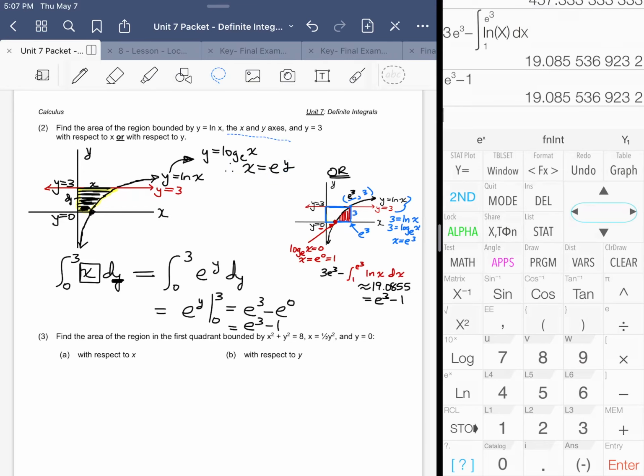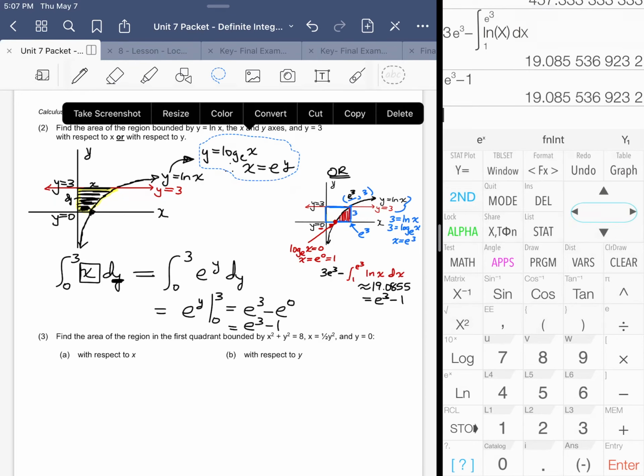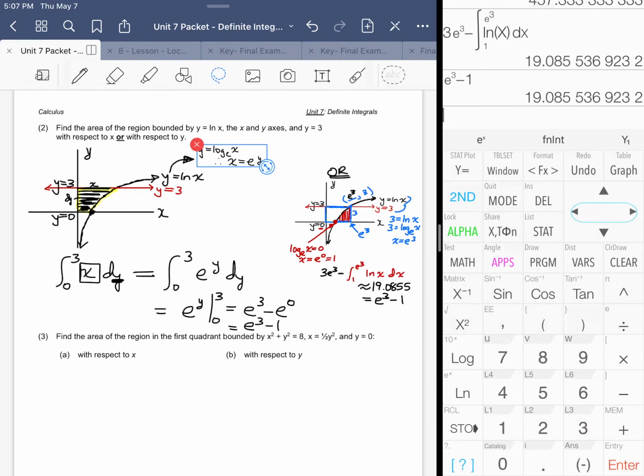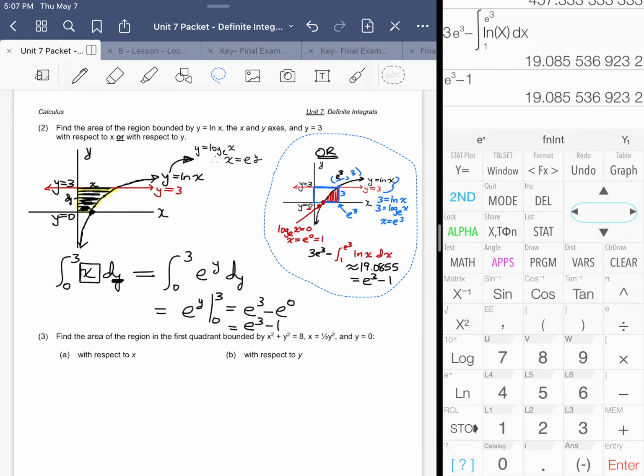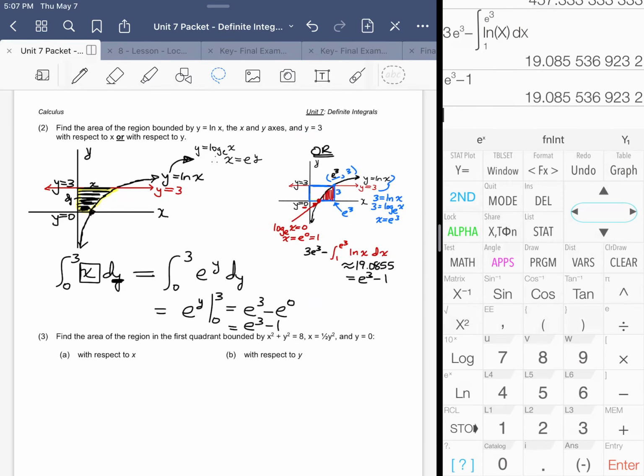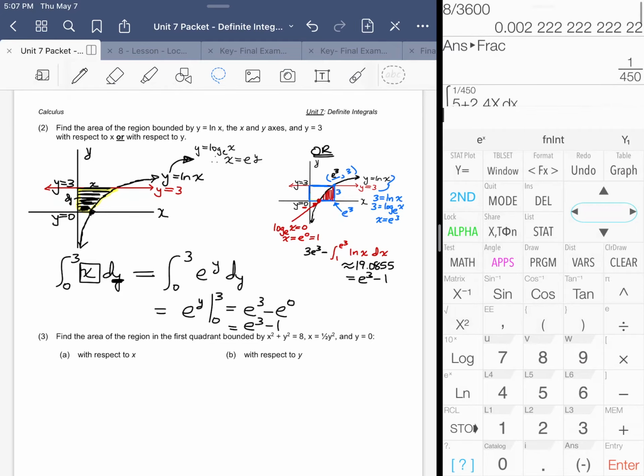Either way, I mean, it requires some mental gymnastics. You know, let's just put it this way. In order to do it one way or the other, you do need to know some calculus. All right, so there's no getting around that. But I think if you kind of decide which way